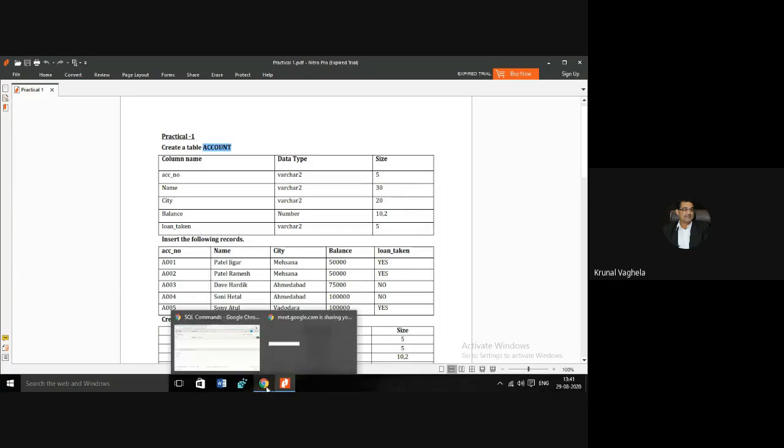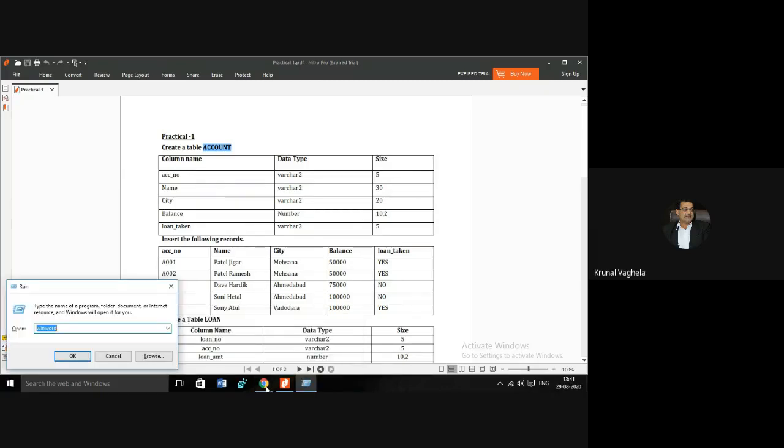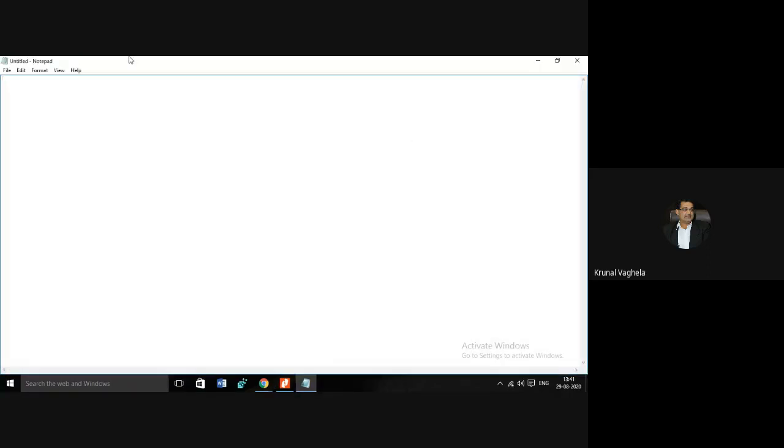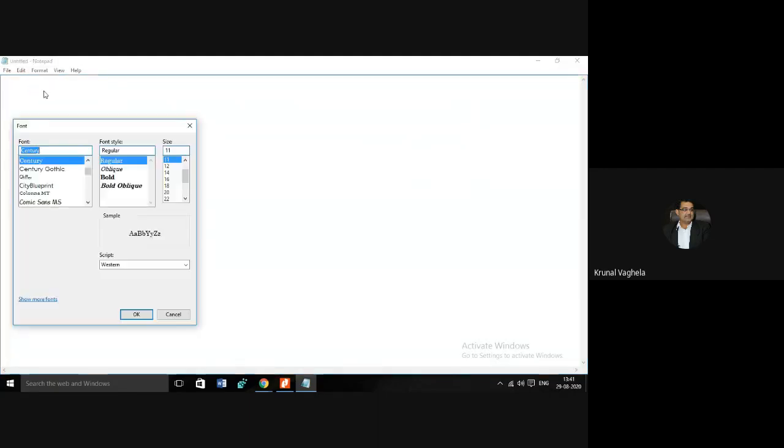So let us do it. Let me write into the notepad so fonts are visible. So let me make fonts bigger.